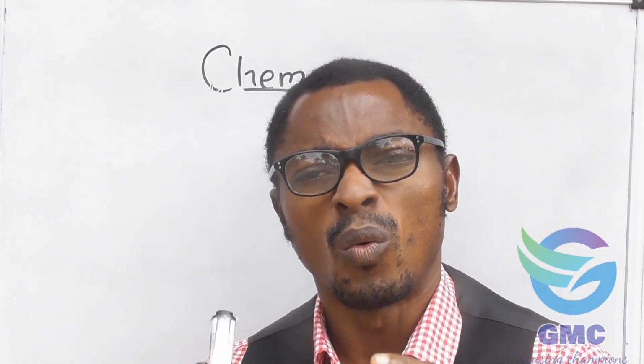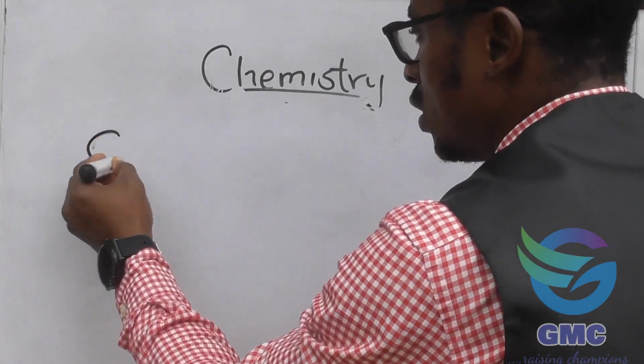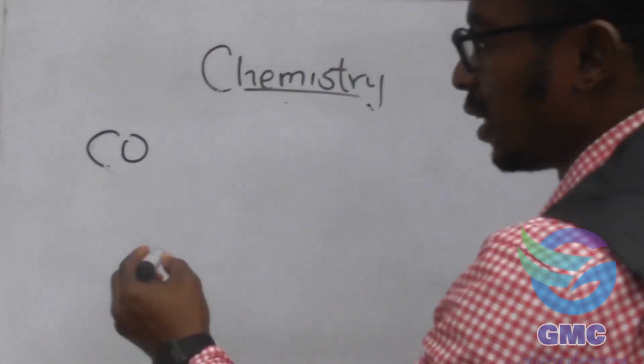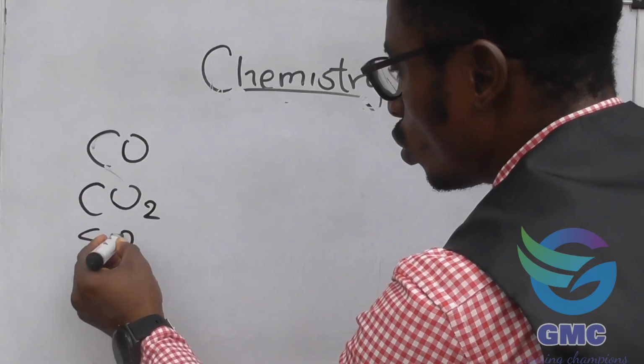One, when we have a nonmetal combined with oxygen, that compound is usually a gas. And as a gas, it possesses the property of an acid when in water. Such compounds are called acid anhydrides. Examples include CO, carbon monoxide, CO2, carbon dioxide,